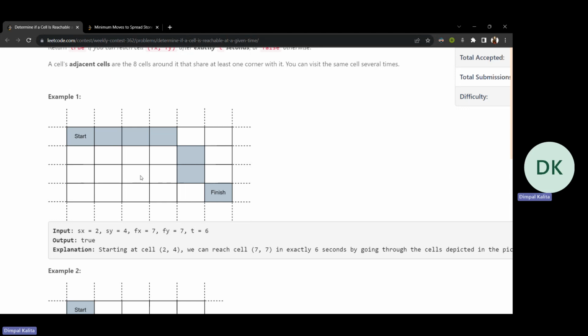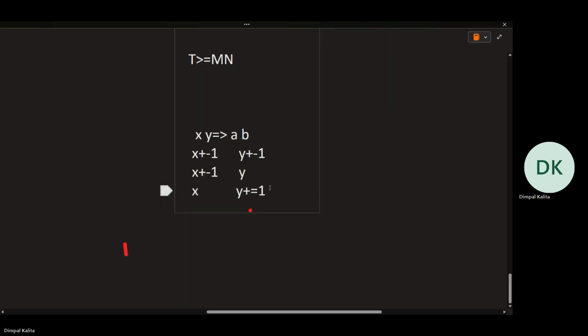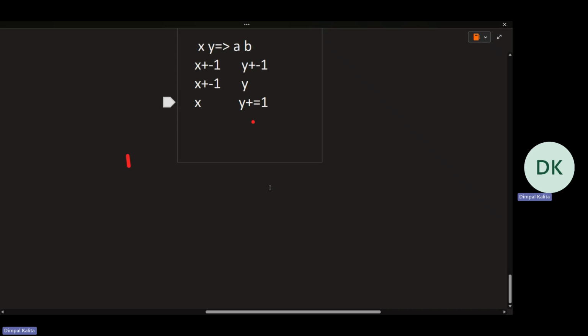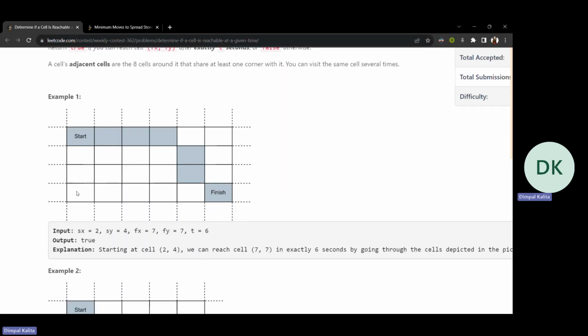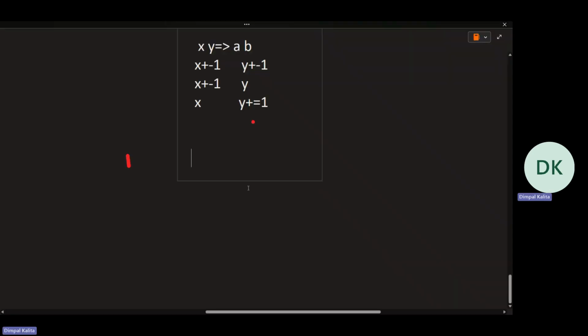So we'll just go corner wise until one of the indexes, like one of the rows or columns, is equal to finish. The minimum number of steps will be only the difference in the row or the column of the start and finish, that is x minus a or y minus b, the maximum of these,